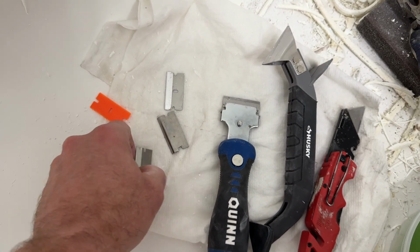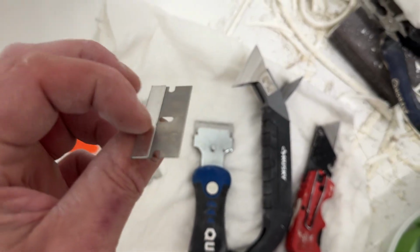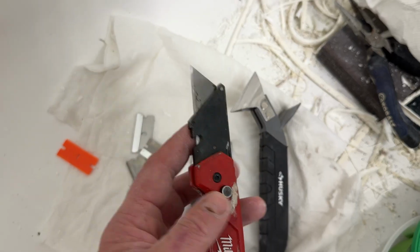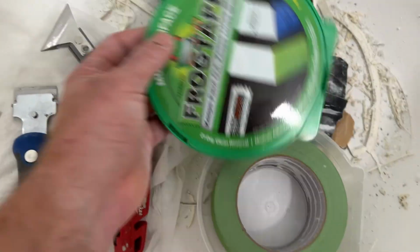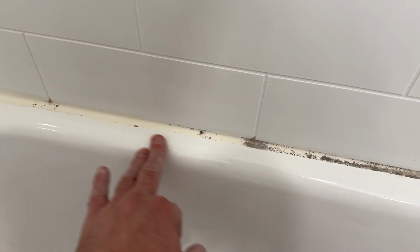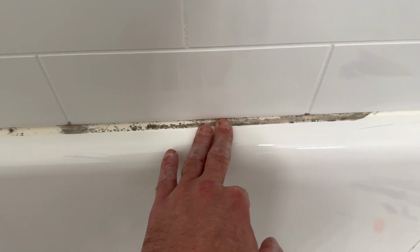And then just get yourself some regular old razors. Even one of these guys might be helpful, or at least the blade itself. And then tape. Tape can be used when you're caulking, but also you can use it to protect your tub. So it's a good idea to tape whatever surface you're not touching so you don't accidentally scratch your tub,